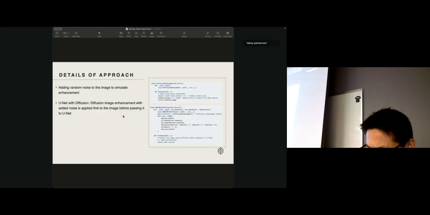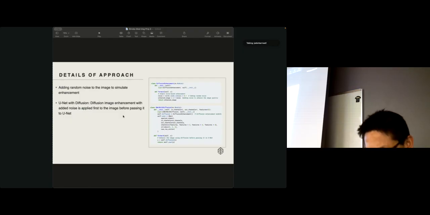So details of the approach, these are basically some of the diffusion enhancement techniques that I use, which is adding random noise in the image. And this will try to simulate how diffusion models add random noise and then reverse it. So in my approach, I mainly just added the random noise to see if that could improve the UNet's performance